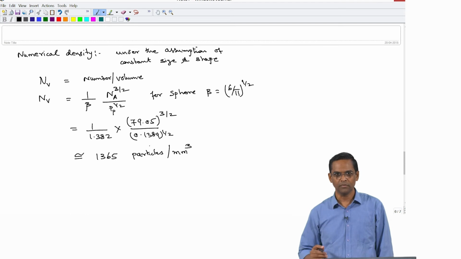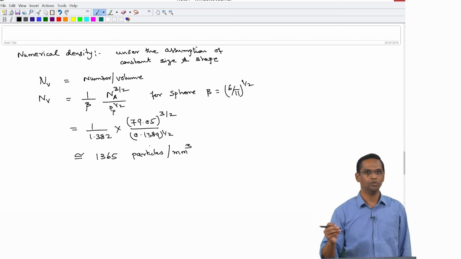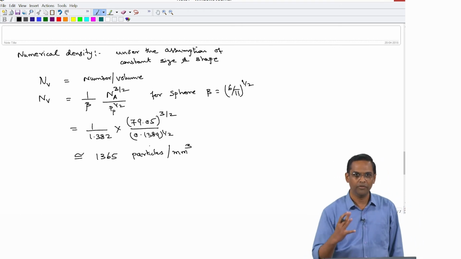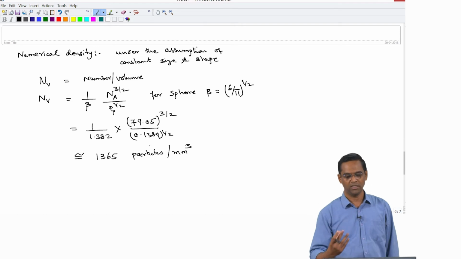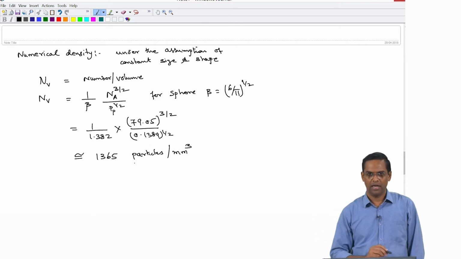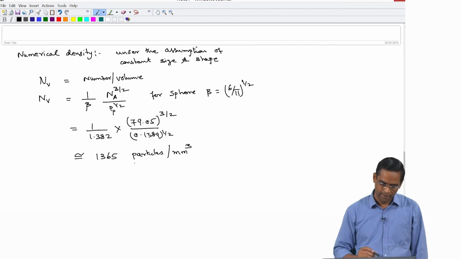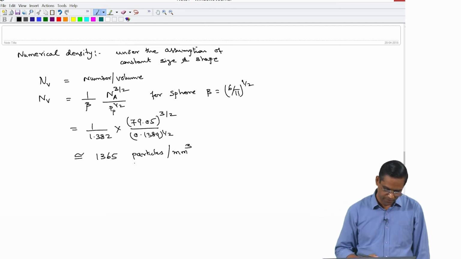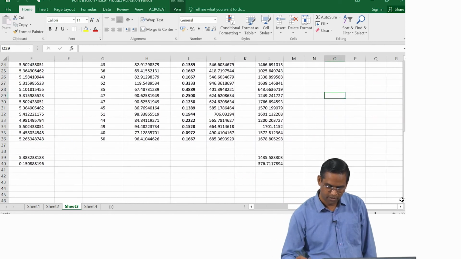too small, because it will be per micrometer cube. The number of particles in a micrometer cube volume will be too few. So, in order to have that feel, I converted the micrometer into mm. Now you have mm cube, a larger volume, and you get a reasonable number like this. You know Pp and Na already, so we have calculated this. I have taken those and put them into the Excel sheet, as you can see in this column.